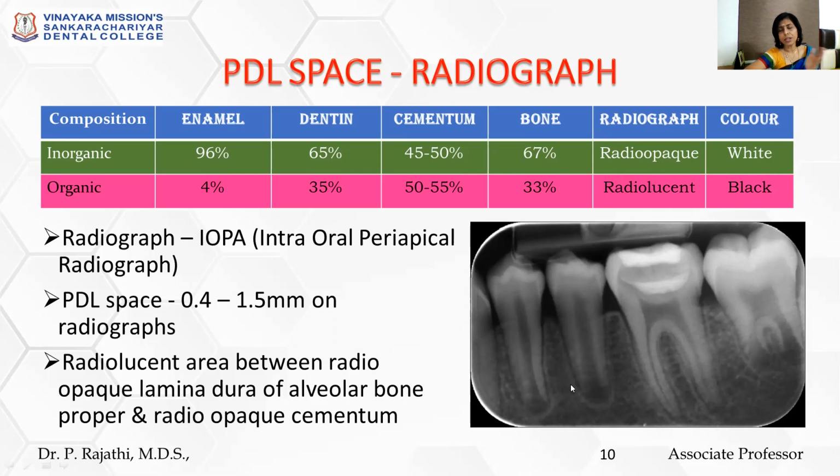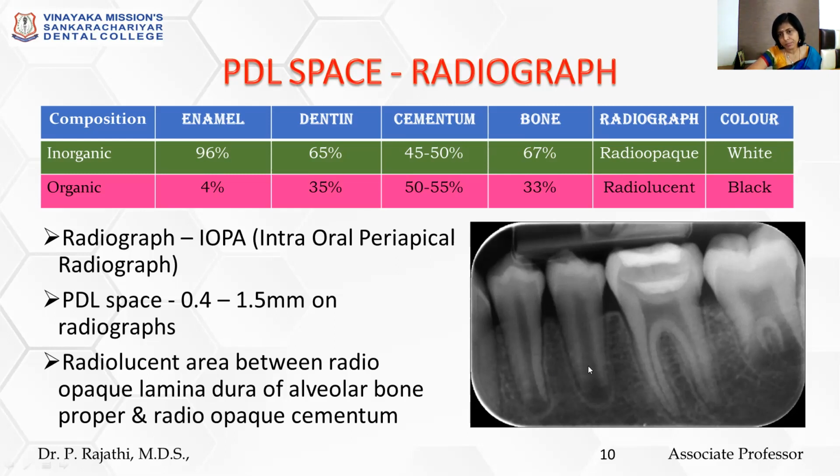How can you say what is enamel, what is dentin? Enamel is the hardest calcified tissue, right? With 96% inorganic matrix. Compared to dentin, it is even more inorganic. So in this radiograph, compared to dentin, enamel is more radio-opaque. It is more white in color compared to dentin. You can see a demarcation between the enamel and dentin, and you can appreciate to a certain extent the dentino-enamel junction. So you can differentiate enamel, dentin, pulp, alveolar bone and periodontal ligament space.